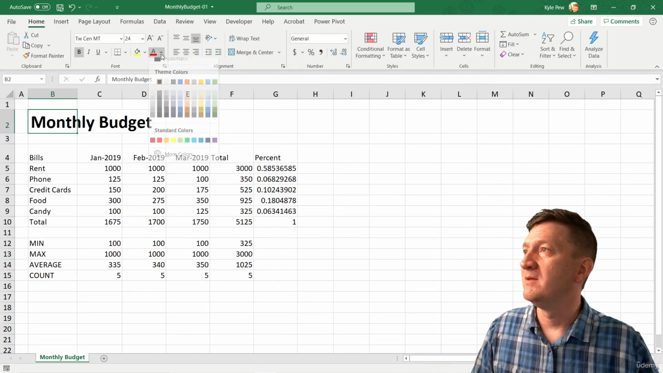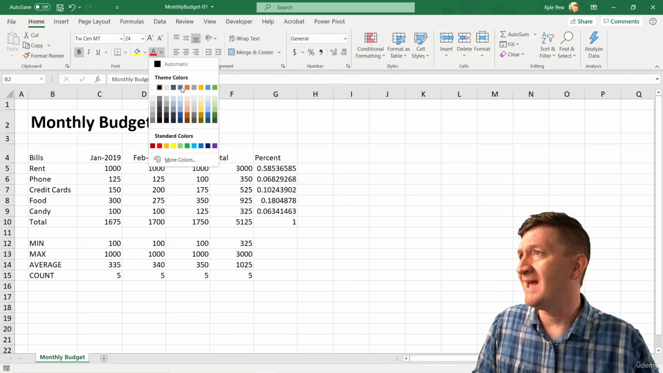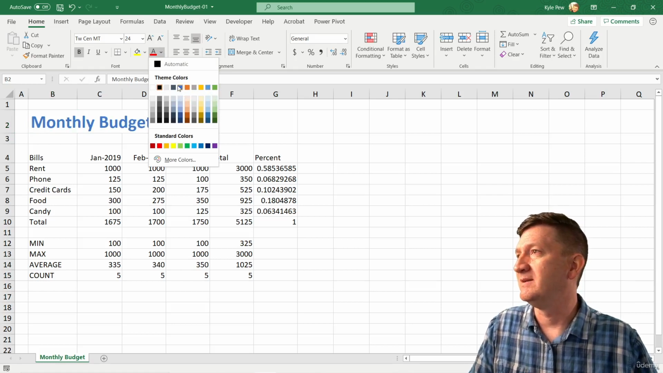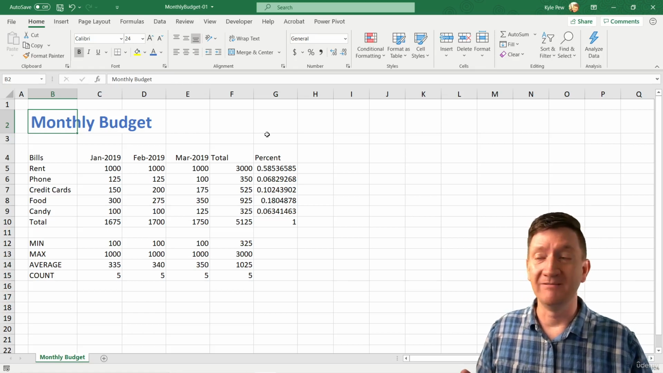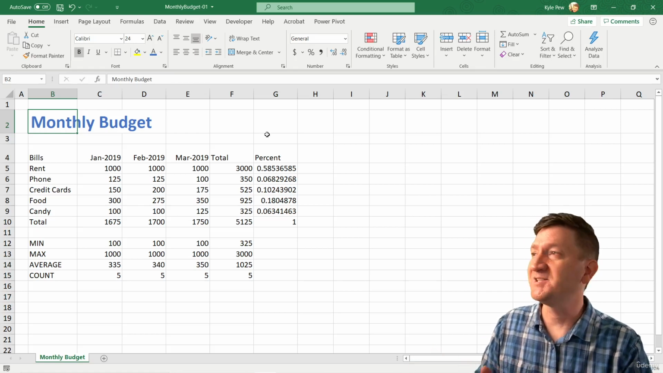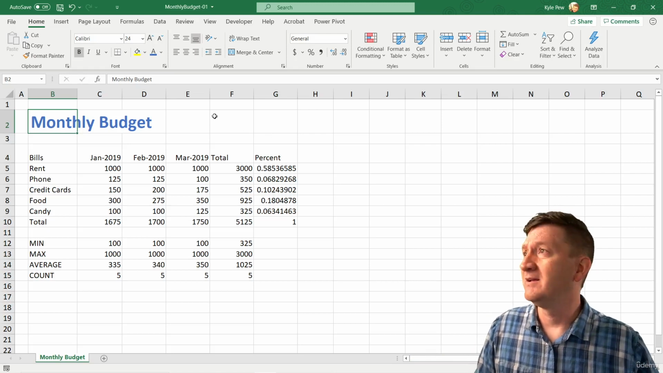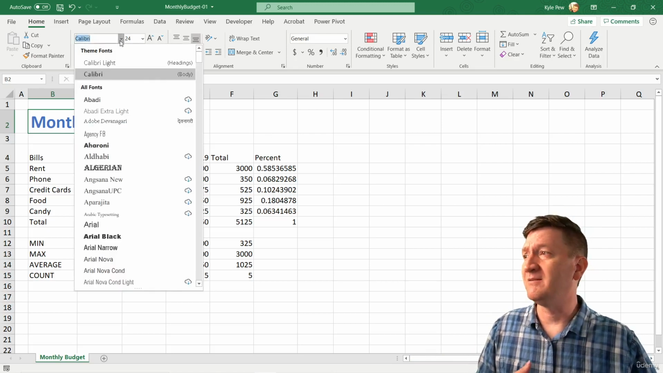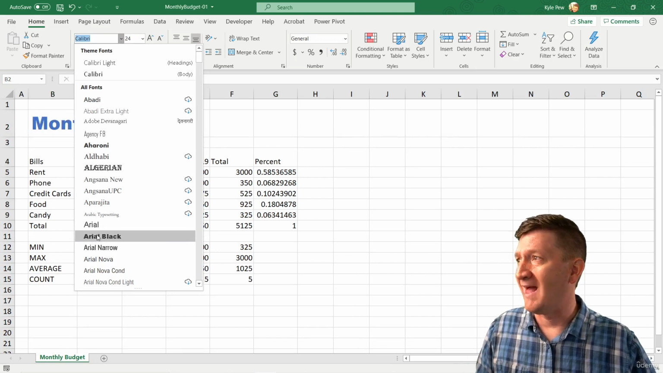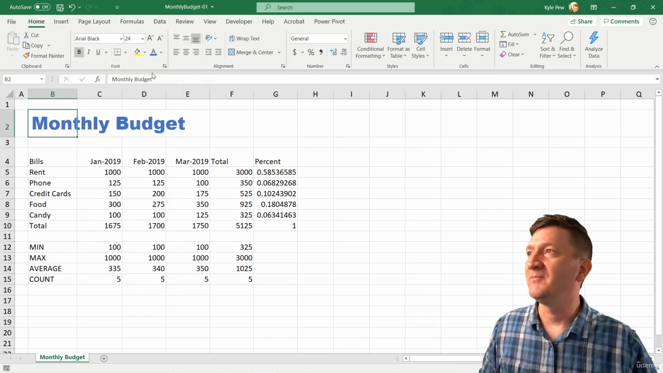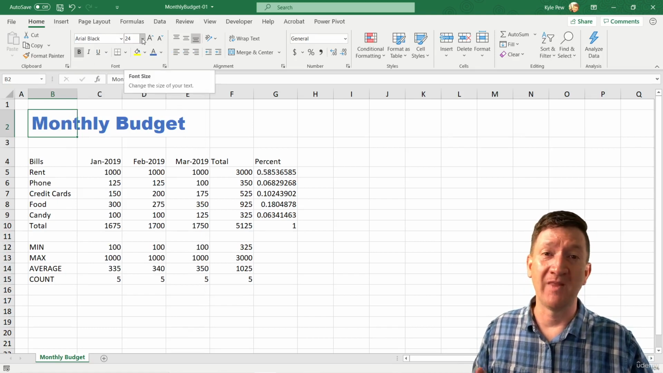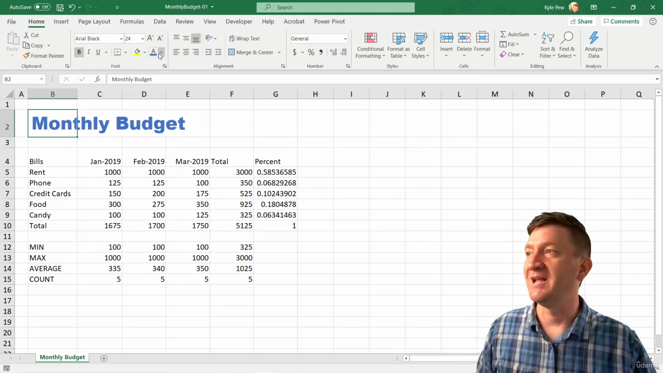I'll go back to home and I'll pick a color. I like blues. I'm going to grab that one. Blue Accent 1. Let's see. Yeah, let's stick with Blue Accent 1. I'll grab that one, and I've now formatted my title. Very slick. Just font formatting. Again, you got your font. I could change that. Maybe I want to go with Arial Black, really make it stand out, bold, right? I've made it bold. I've changed the font size, went from 11 to 24, and I've now changed the font